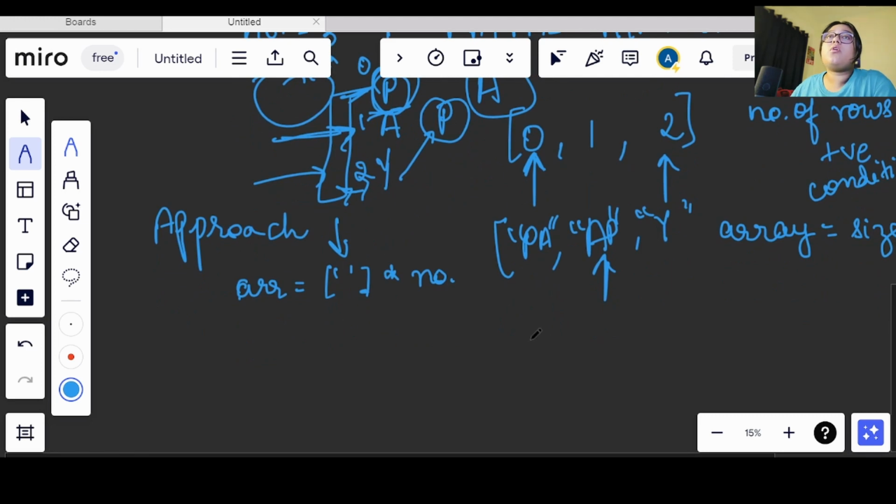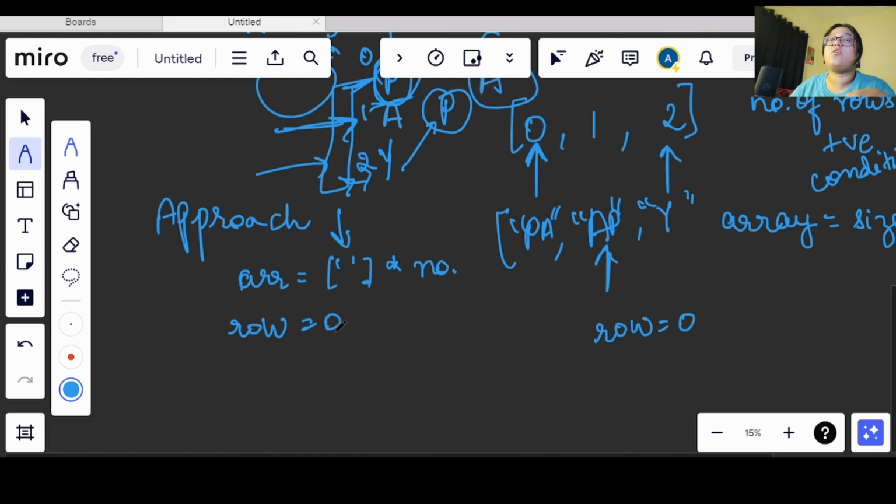So now we know whatever string value we are iterating on, we will be iterating it on the basis of the rows that we have, right? So let's say we have a value row, and we are initializing it with 0.